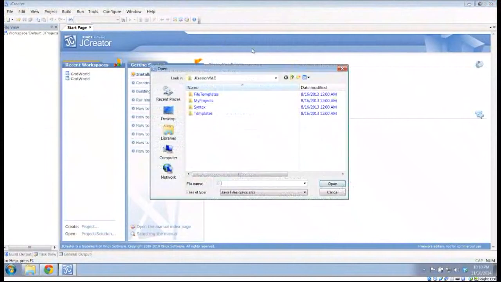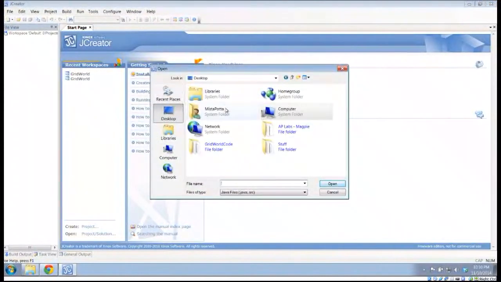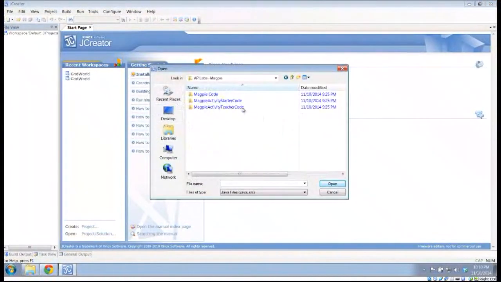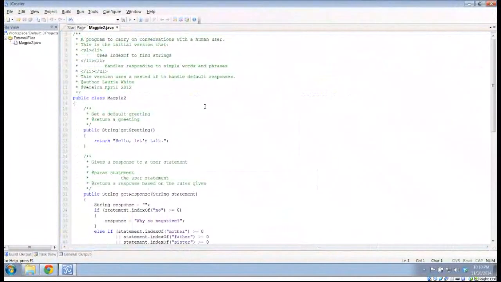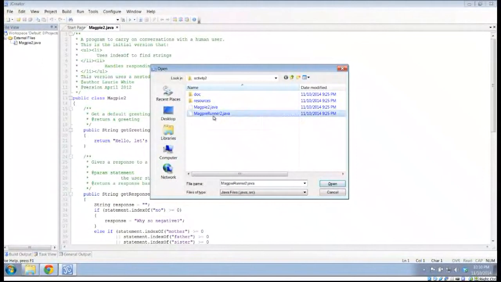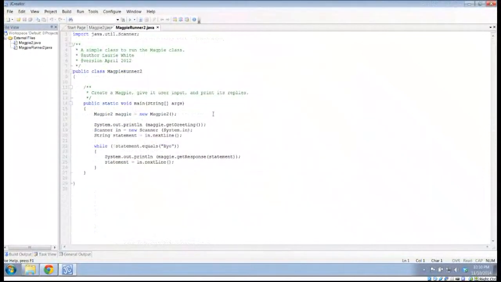So I'm going to open up two programs here in JCreator. I'm going to go ahead and open up on my desktop. I've got a folder here called Magpie, and I'm going to go to the starter code for activity 2. We're going to load Magpie 2, and we're also going to load Magpie Runner. And so I first want to take a look at this Magpie Runner. What it's going to do is it's going to create an instance of Magpie 2 called Maggie. And it's going to get a greeting from it, and it's going to prompt us using our traditional scanner input